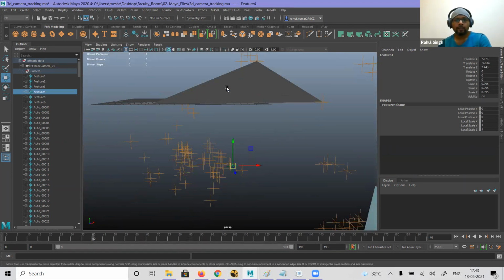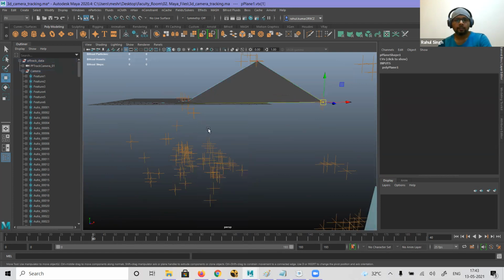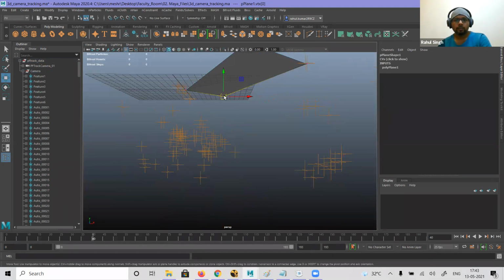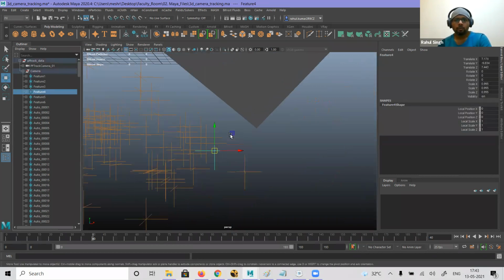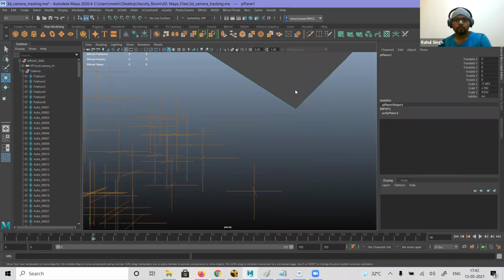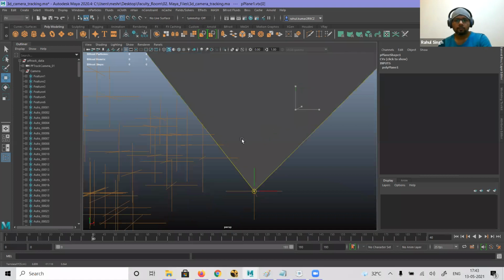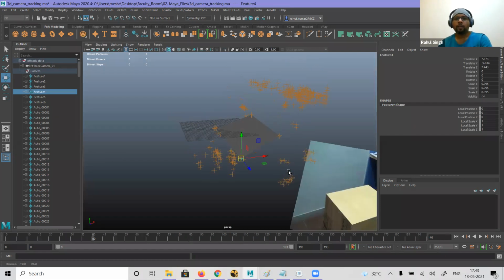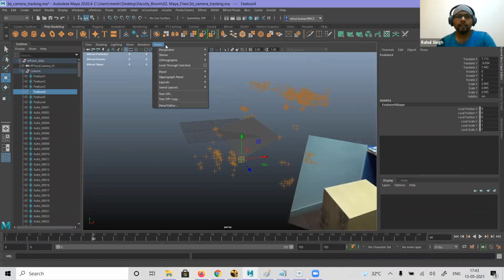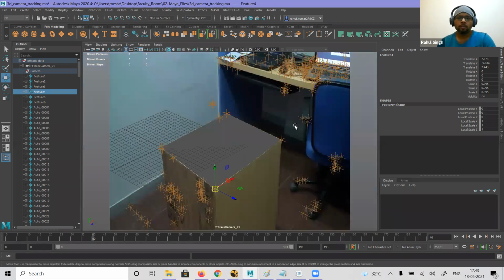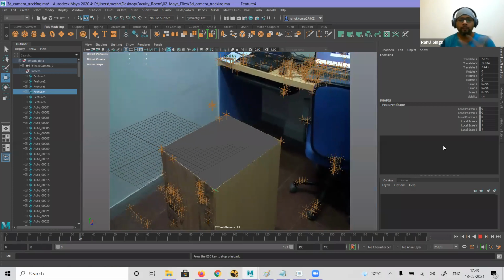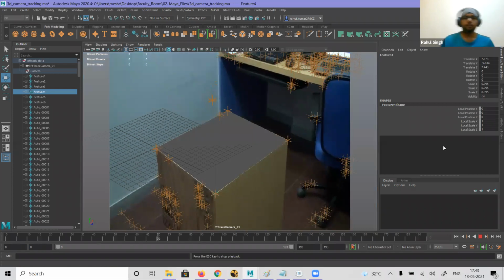Right, so now I have to bring that file down first. Feature 4. Okay, so it looks like this because it's in front of the camera, but when we go and see into our camera view, it will be perfectly lined. Now we'll check how it looks. If there is a problem, it will show, it will flicker, right?